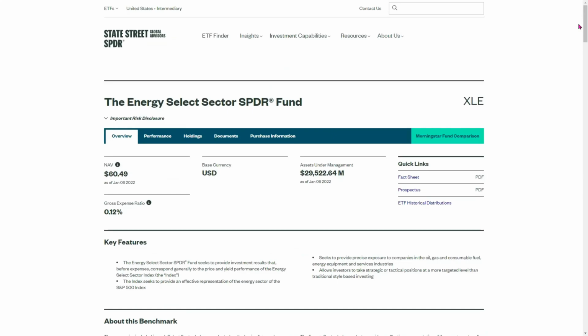We're going to be talking about 5 quality exchange traded funds in the energy sector, and 4 of them are actually in US dollar stocks, and 1 of them is available in Canadian stocks. The first ETF for us to review is the Energy Select Sector SPDR fund, available with ticker symbol XLE. It has